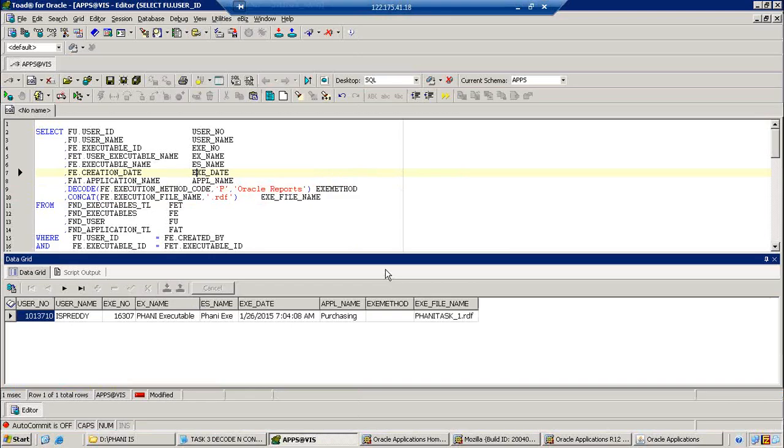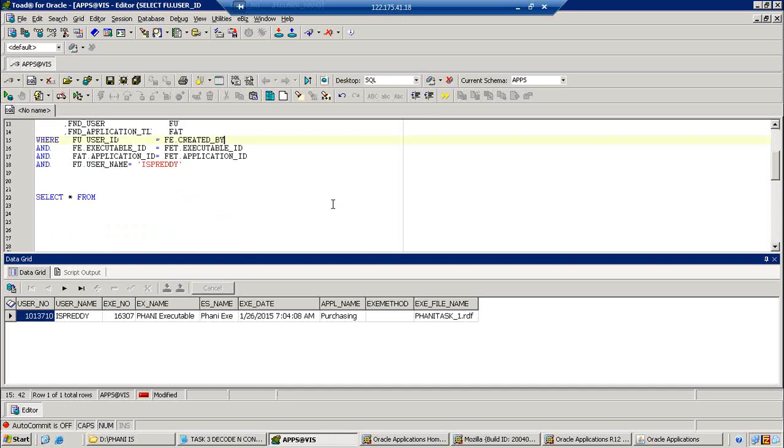But here the executable has the method, but it doesn't show us. Why? Because this respective method, we implemented only one method in this column. And also here we have a